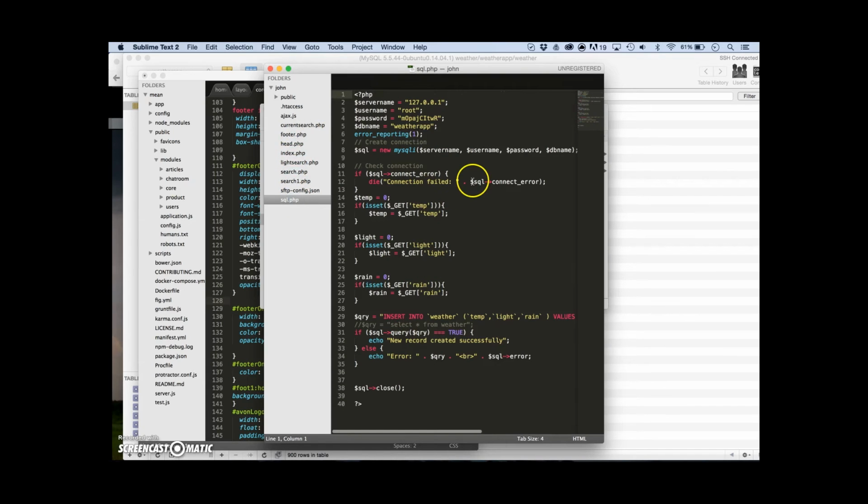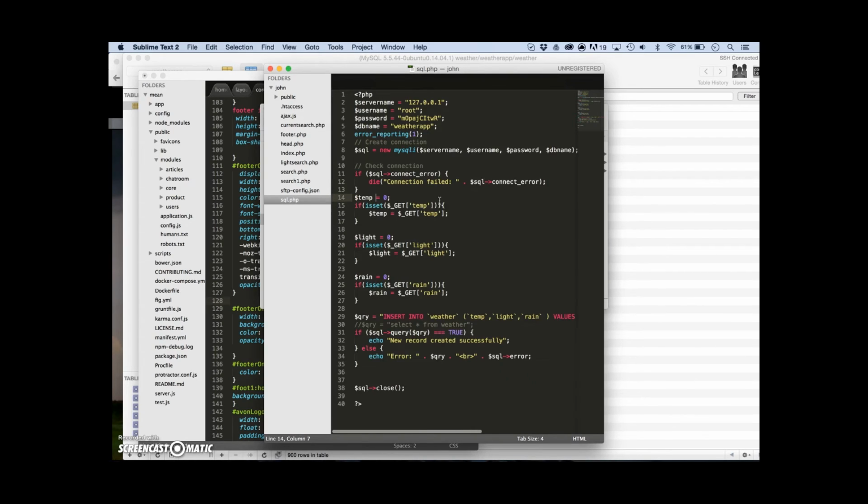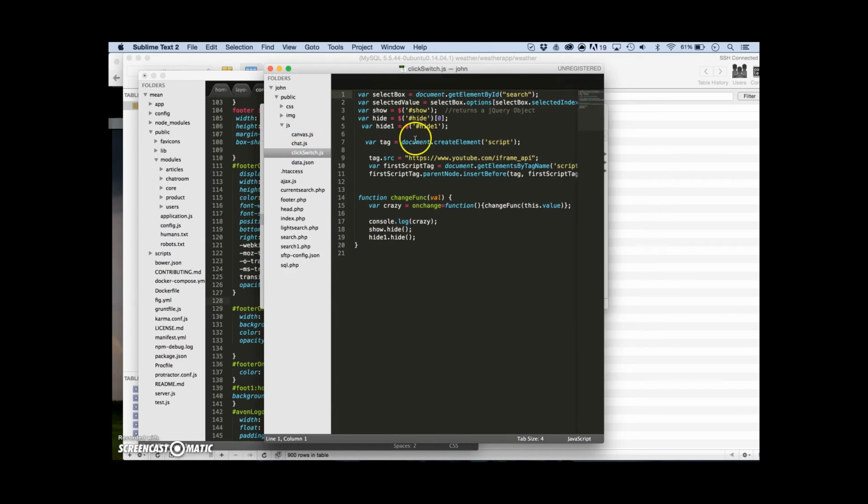And this is our SQL insert statement that we're storing each of the values into our database with. A simple insert statement with the values. In our JavaScript, we're using a little bit of jQuery for just quick showing and hiding of the background images on what's displayed, and we're using